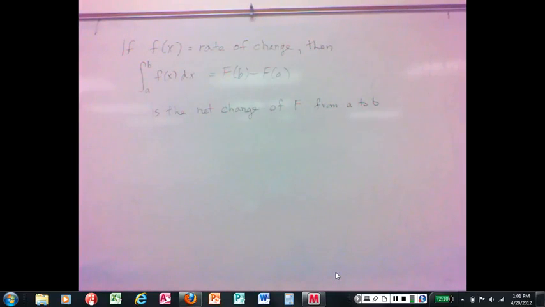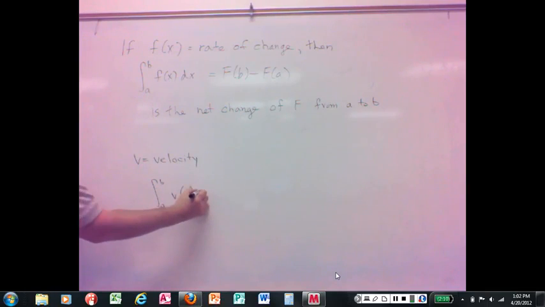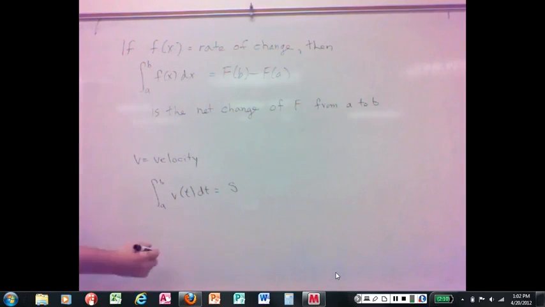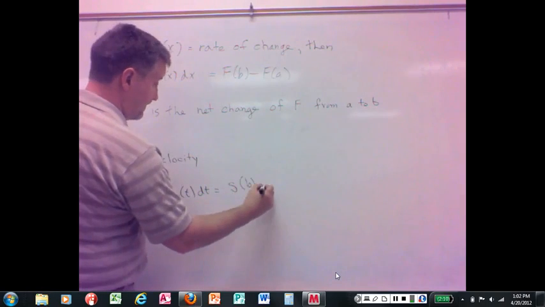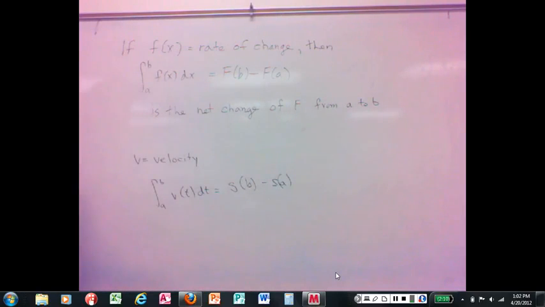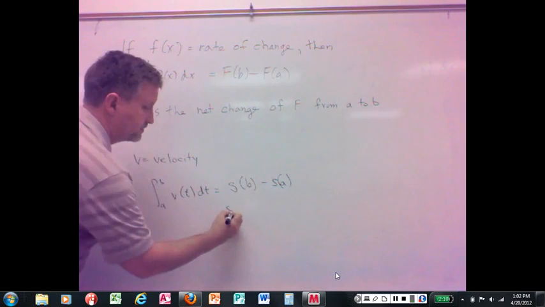A good example, like I said, is the velocity. Let's say v is some velocity function. So if I integrate that from a to b, my velocity, let's say v of t dt, well, let's just get specific about it. What that's going to give me is a position function. Sometimes we call it s, so we'll call it s here. And if we evaluate that from a to b,